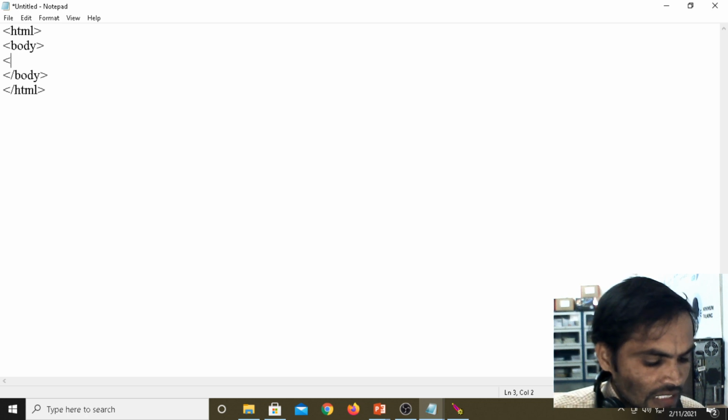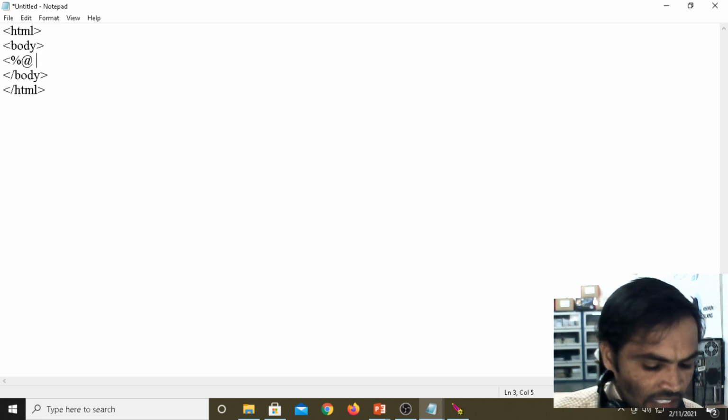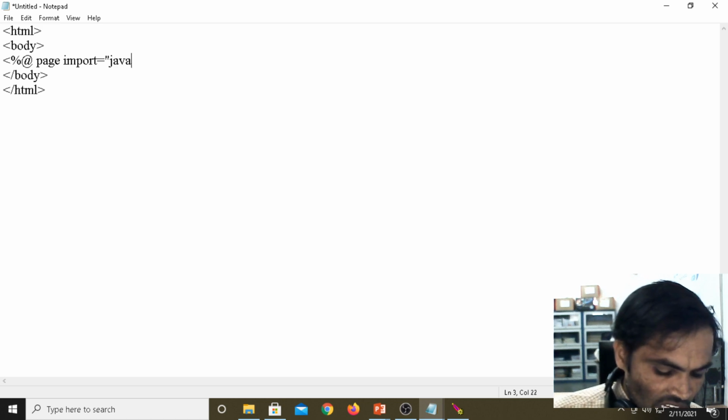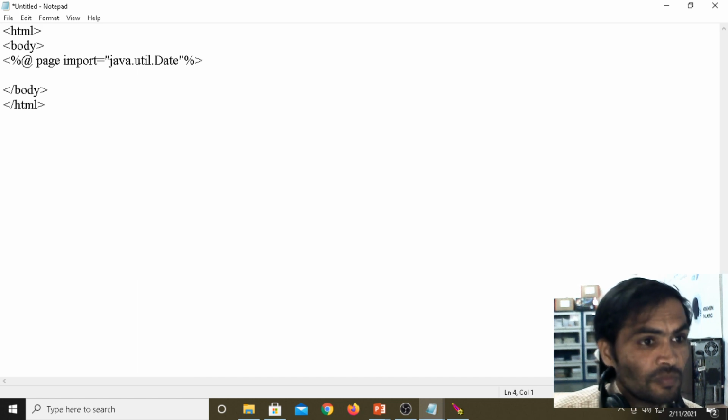Then I am using Java source code under your JSP: percentile at the rate page, where page is the directive and import is the attribute. Now we are importing the java.util Date class.